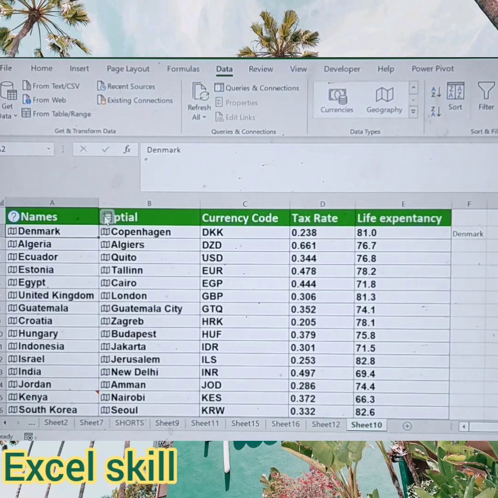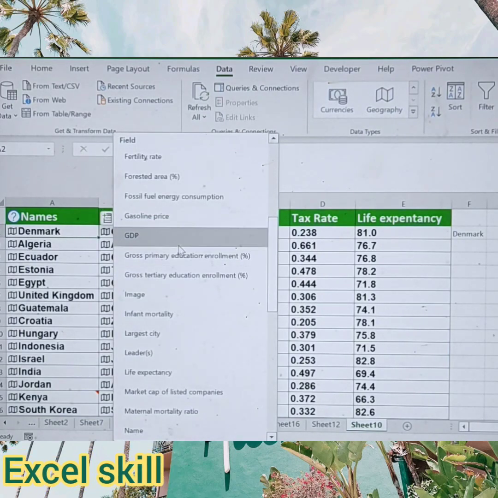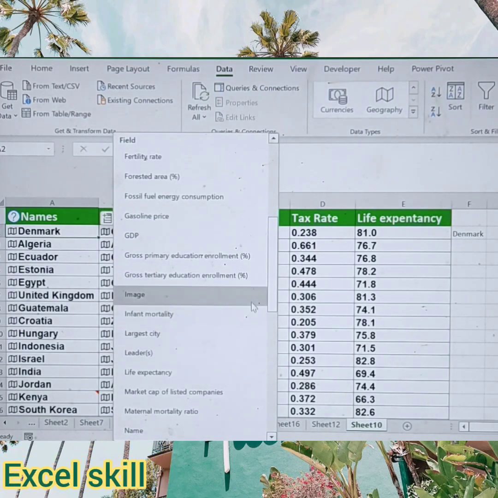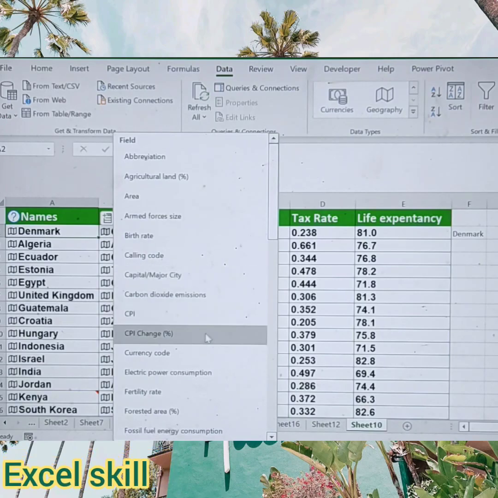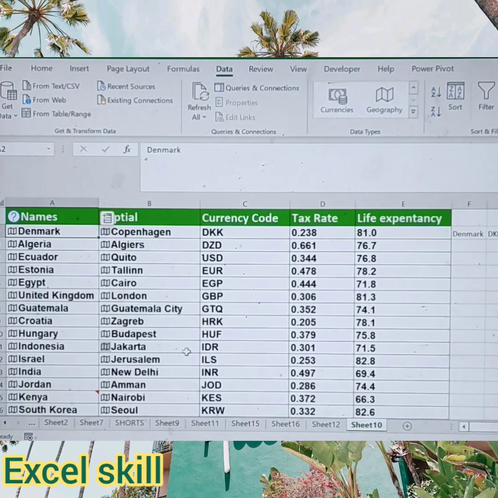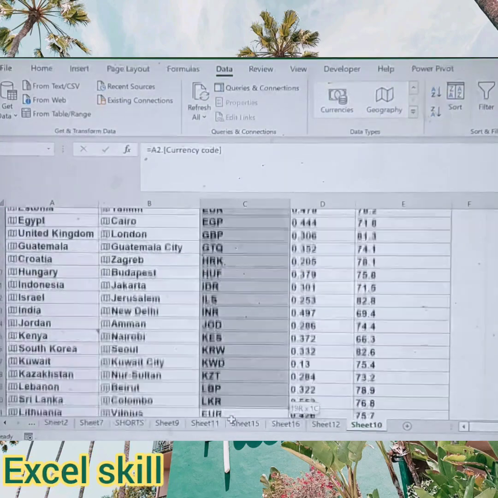Say I need the currency code. I go to the top, that is currency code, and click over here. We can get the currency code.